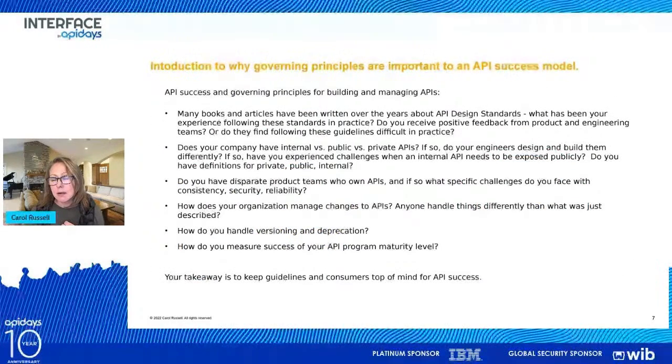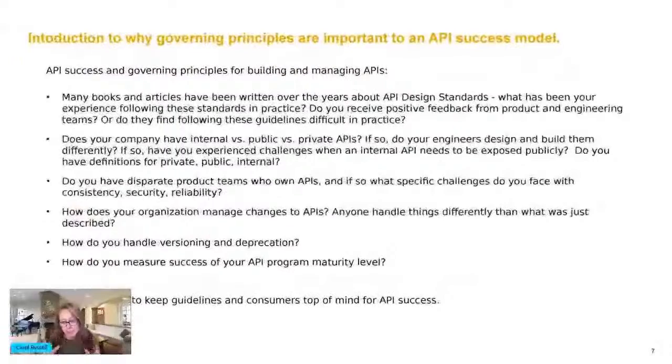And so a little bit about guiding governing principles, and why those are important to a successful API program or API success model. That's the term. I like to put success in there because when you use the word governing, I don't know, like when I was a developer, it can feel a little, you want to shy away from that. Like, I don't want you to tell me what to do. I want to be a developer because I want to be creative, but you have to have principles in place, especially in the enterprise software world and when it comes to APIs.